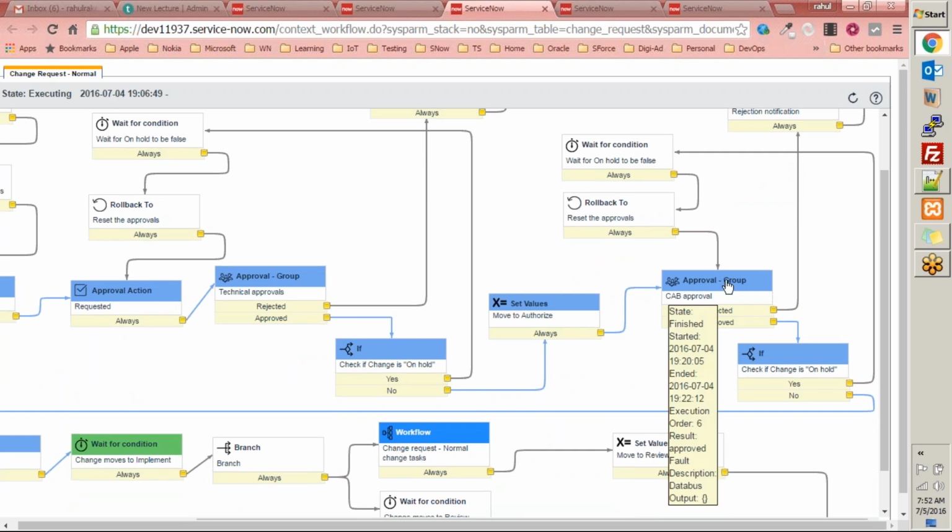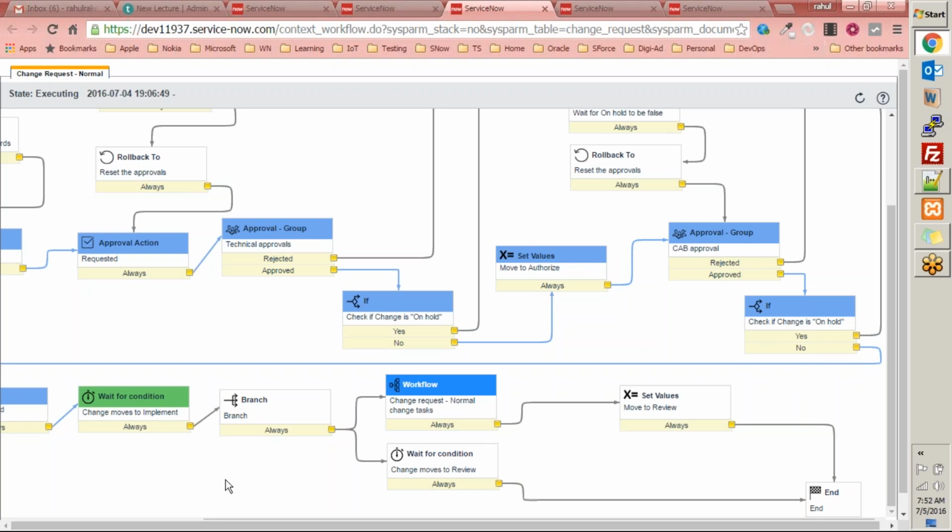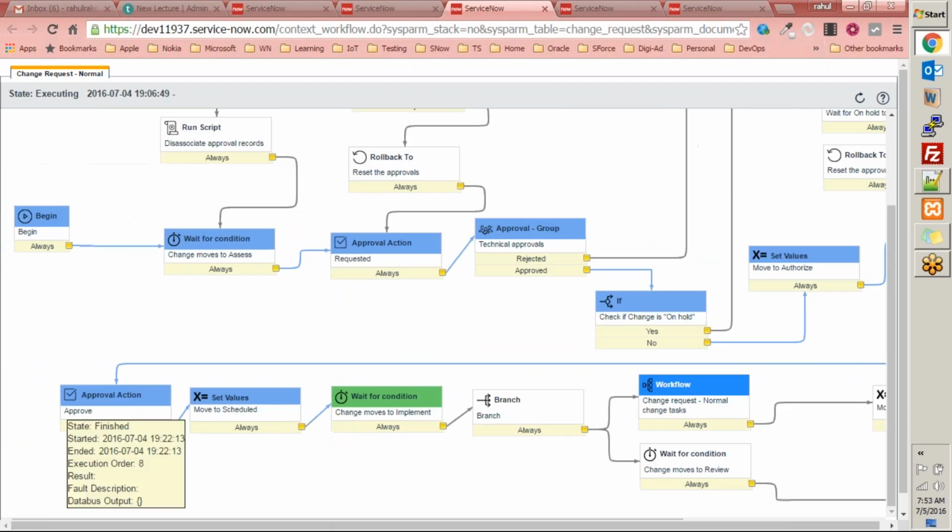See, CAB approval done. It went to this if block here. Answer to this if question is no. Check if change is on hold. No, the change is not on hold. So it goes back here to the next step, and the next step would be approval action, where approval is